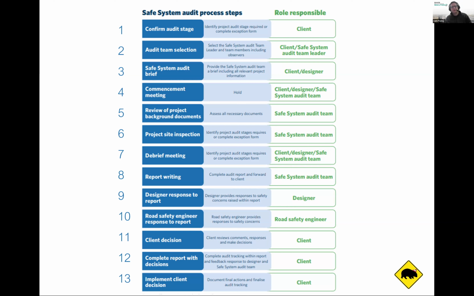So there are two things. You can get away with just doing the level crossing safety impact assessment if you're focusing purely on the level crossing itself, right at the immediate level crossing. But if you want to have a project that looks a bit wider, that might say, we need signals now to help with the level crossing, then the safe system audit comes into play and goes into a lot more depth.